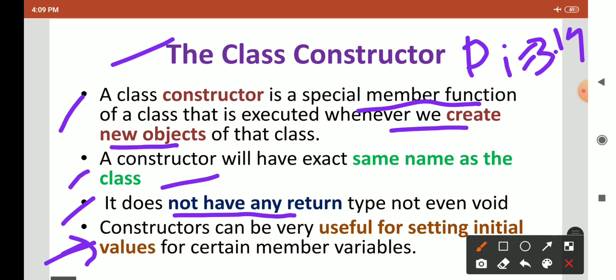So at the time of creation of the class we create a constructor and we can define the value for pi, that is 3.14. So it is used for initializing the values for the variable, or we can say the default value.